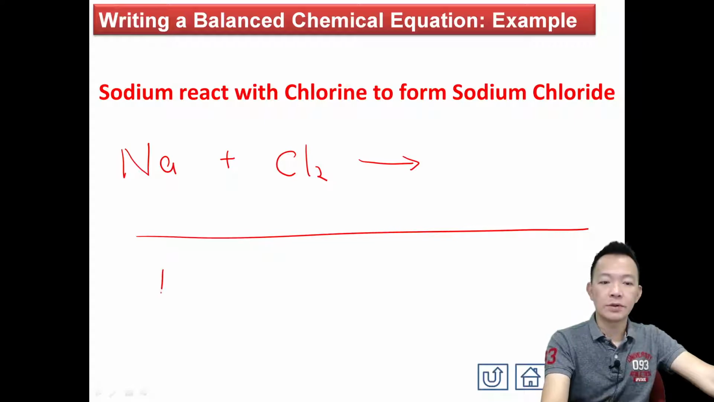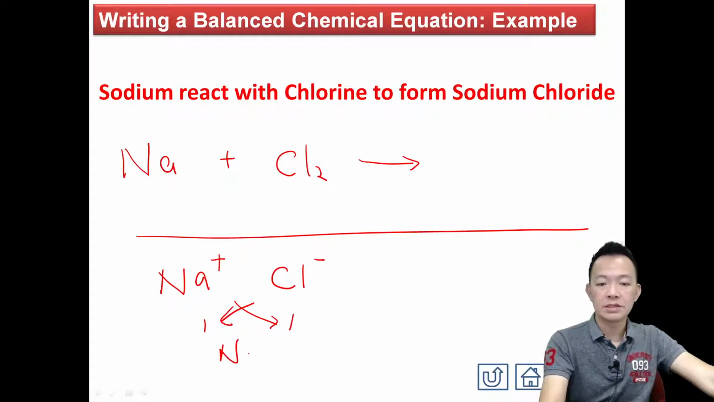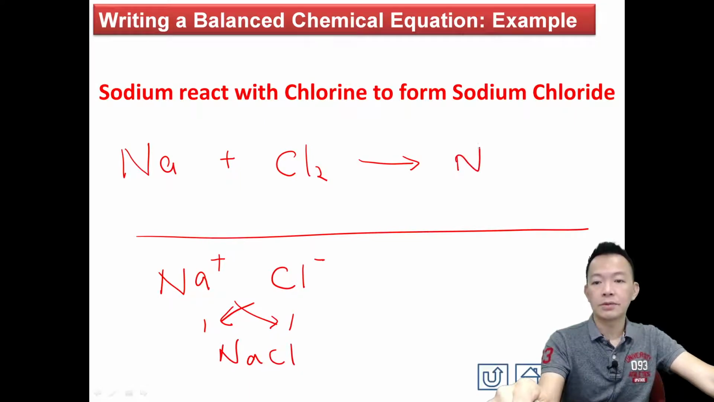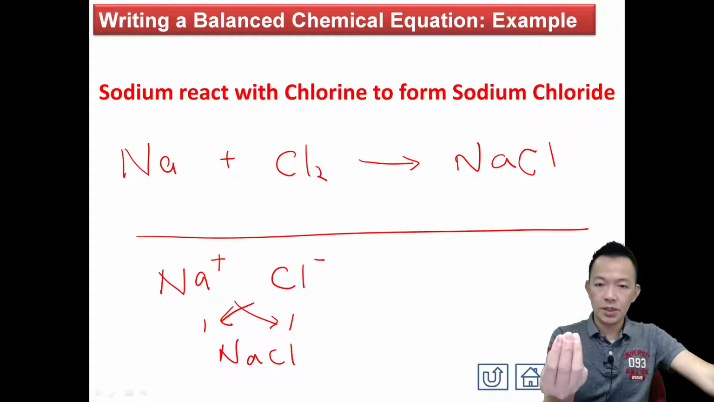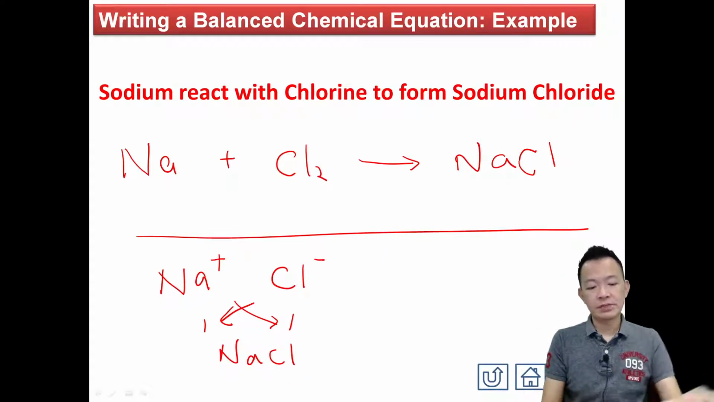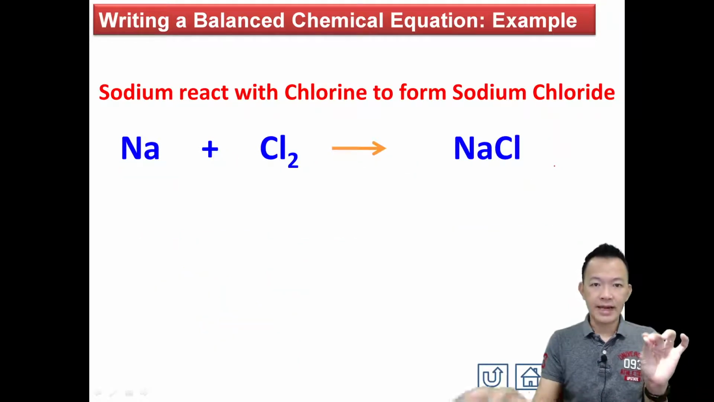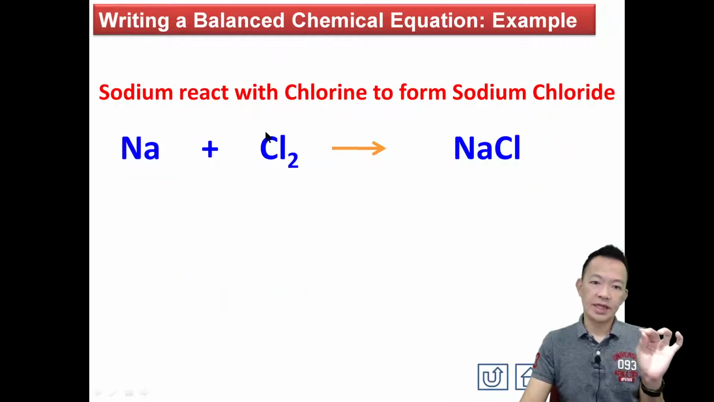To form sodium chloride，形成 sodium chloride. But how to write sodium chloride? Sodium 的 ion, chloride 的 ion. I give you 1, you give me 1. So finally they become sodium chloride. 最后变成了 sodium chloride. Okay, so reactant correct, 反应体对, product correct, you get your first mark. 你先拿到你的第一分。